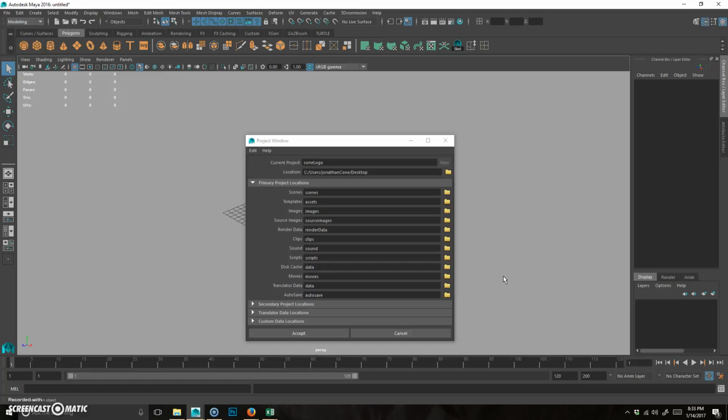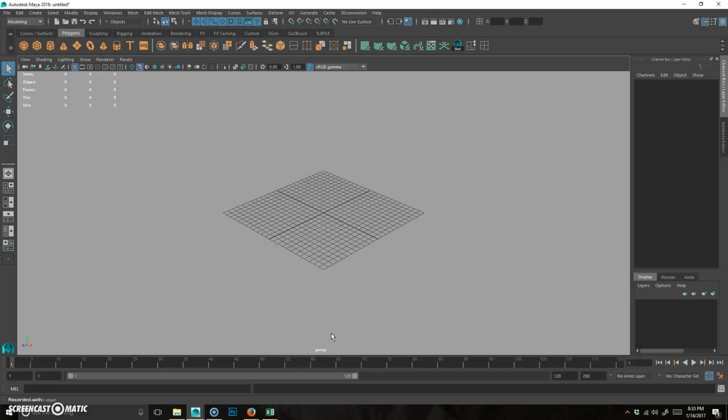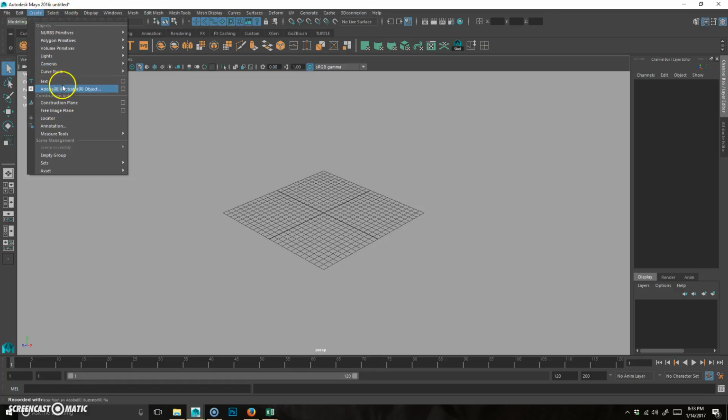Whenever you're done with the project, you can go through and archive it somewhere onto like an external hard drive, or if you have a larger hard drive internally on your computer. Okay. Now what we're going to do is I'm just going to animate my text as my logo animation. So real quickly, what I'm going to do is just create